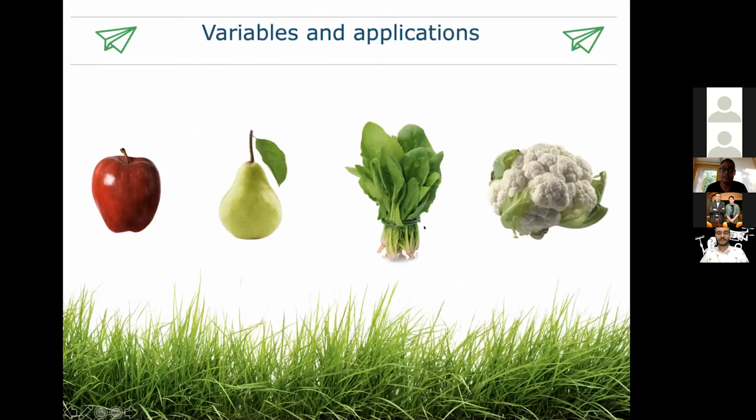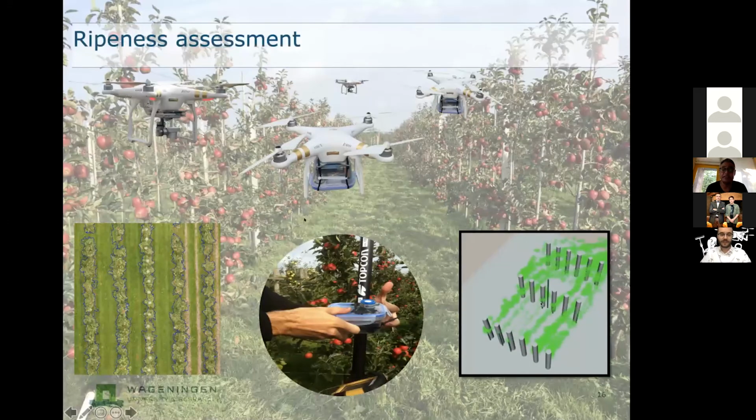Okay, now let's see some of the applications where we can apply all of these things. To make it easier to understand, I'm going to focus on the crop itself. So we have apples, pears, spinach, cauliflowers, and grasslands. We are going to start with the apples. A nice application that we can see here is, for instance, using drones for ripeness assessment. Here, what we are interested in seeing is combining both